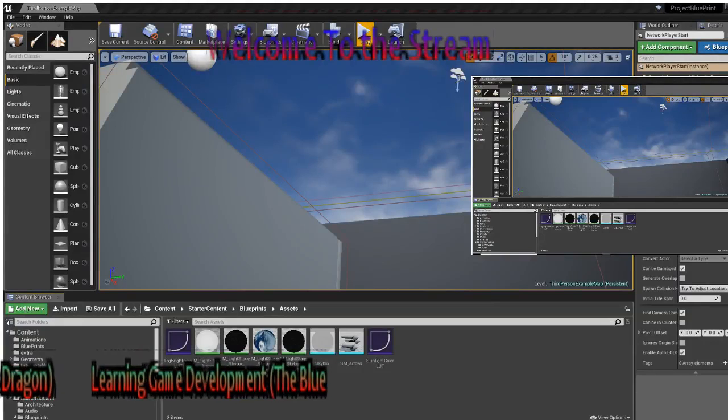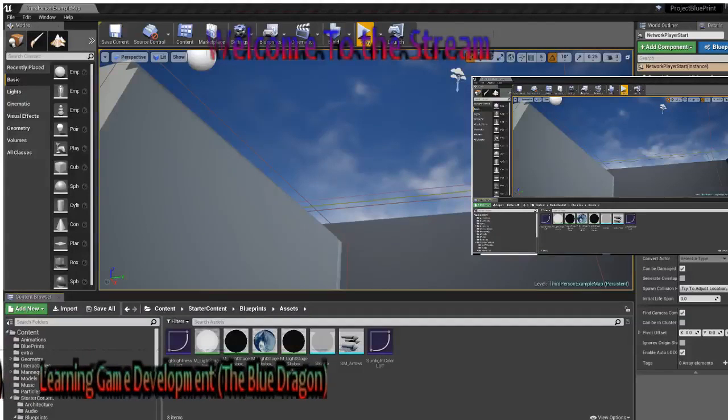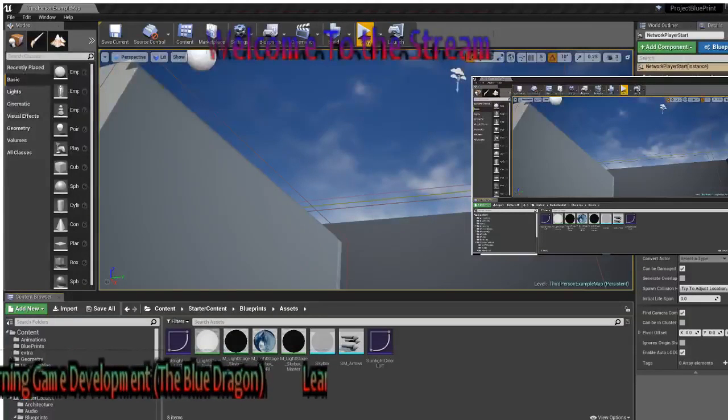So let's go ahead and do that. I'll show you exactly how we can do this. So the first thing I'm going to do is create a new blueprint class, and as the type I'm just going to make